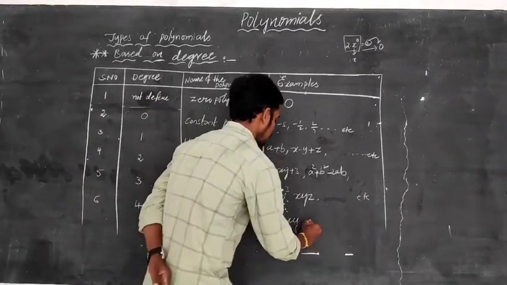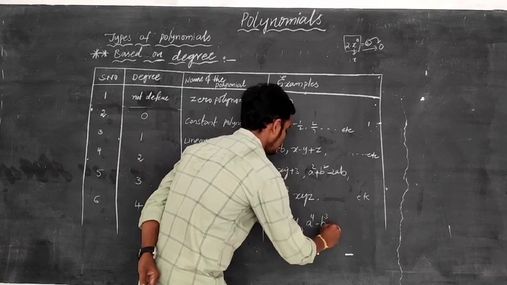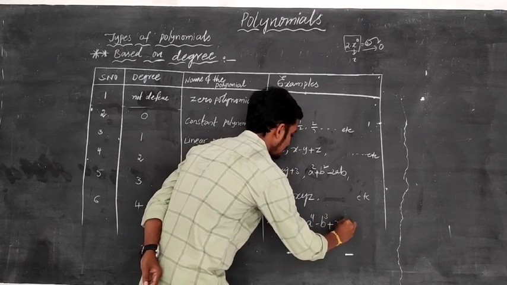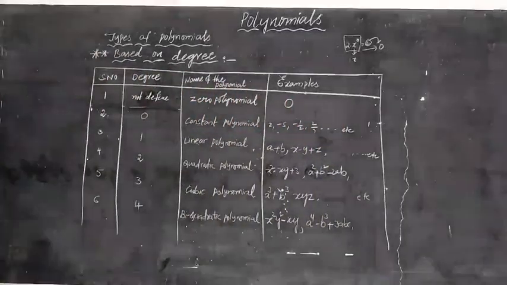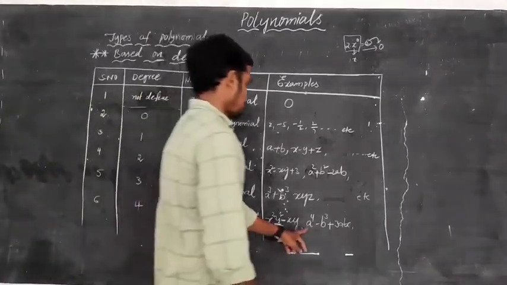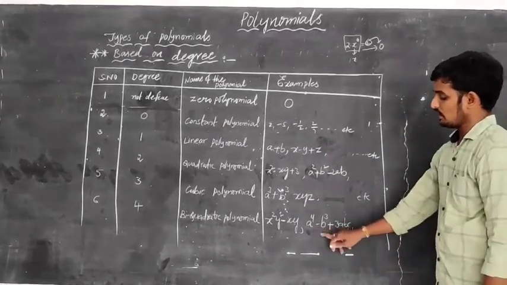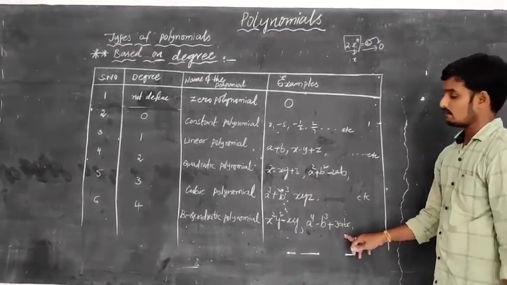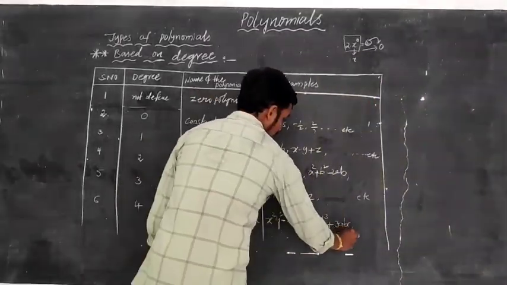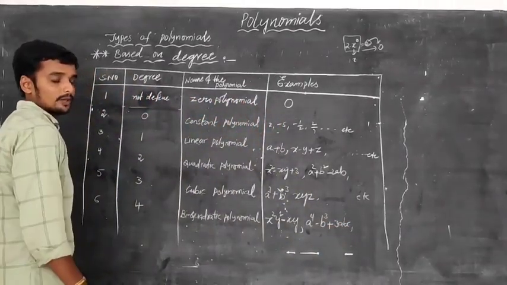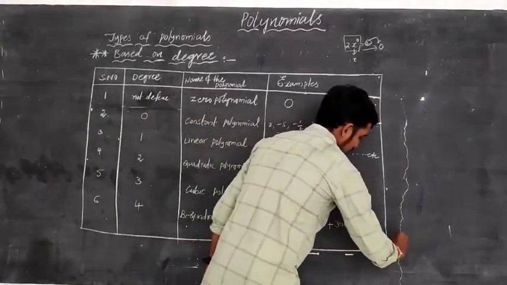So I am writing one more example, that is a power 4 minus b cube plus 3abc. Tell me the degree of this polynomial. This is a trinomial. The degree of the first term is 4. The degree of the second term is 3. The degree of the third term is 3. In this 4, 3, 3, what is the highest number? 4 is the highest number. So the degree of the polynomial is 4. Then it is a biquadratic polynomial. Again, you have to write 2 examples for this. Okay. After this example, you can close this chapter.